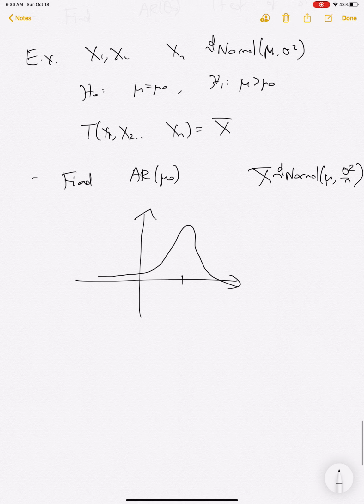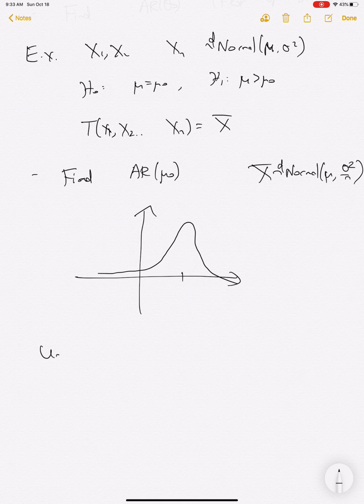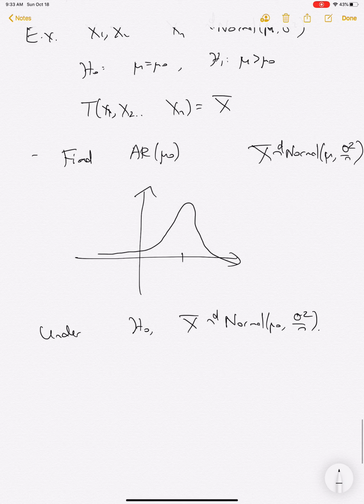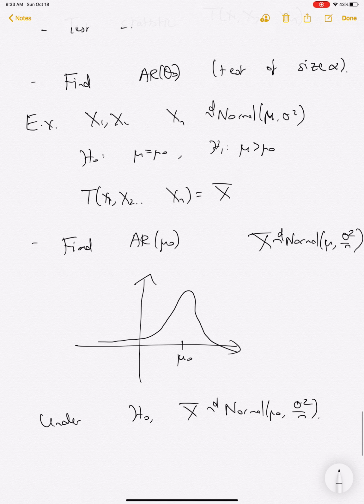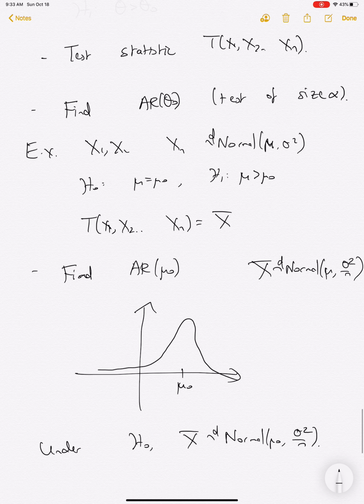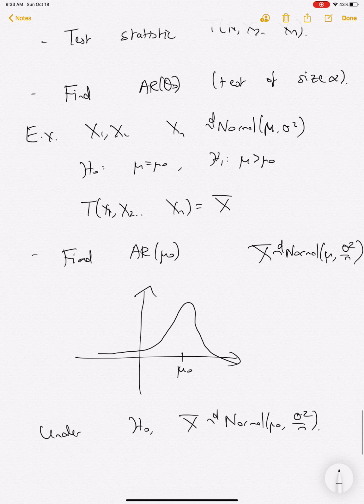And so what that means is that under H0, x bar is normal with mean mu 0 and variance sigma squared over n. And so if this is our mu 0, and our alternative is mu bigger than mu 0,